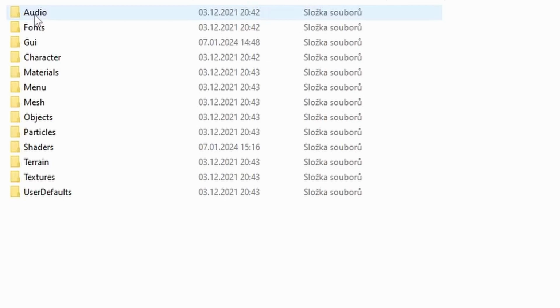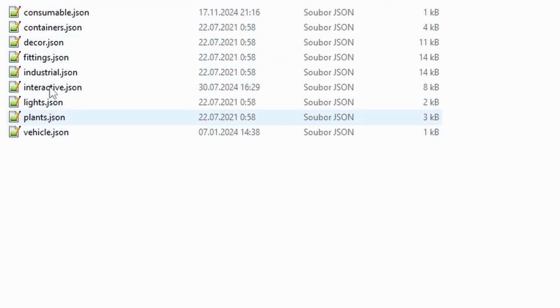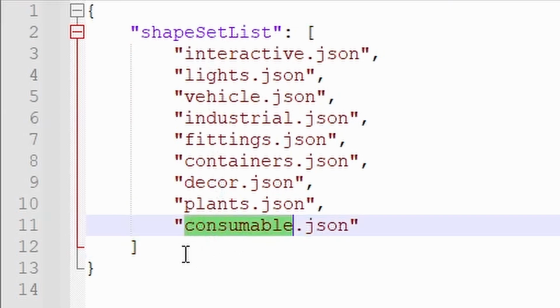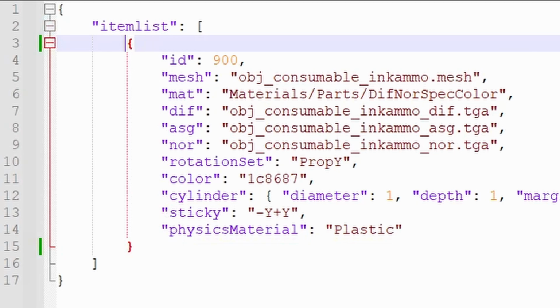The structure looks very familiar if you are familiar with modern Scrap Mechanic, it's just that we only have one game mode, being creative. Anyway, so we navigate into data, objects, database. If we look into shape sets, we can see that all of them are actually loaded up, even consumable.json. What is this file? This is a JSON file and it contains comments, which Notepad++ doesn't have. You can see this is the ink ammo. So if we uncomment it, we now have one more part in our inventory,